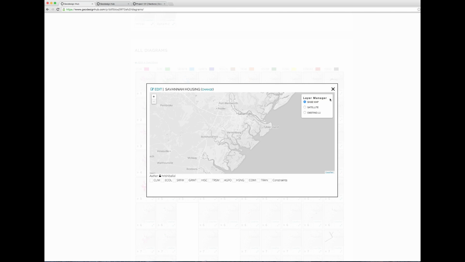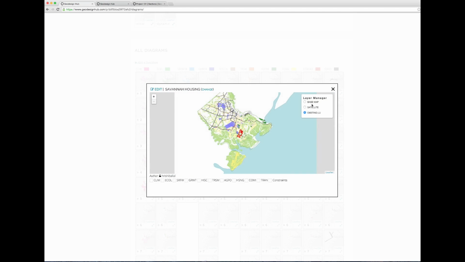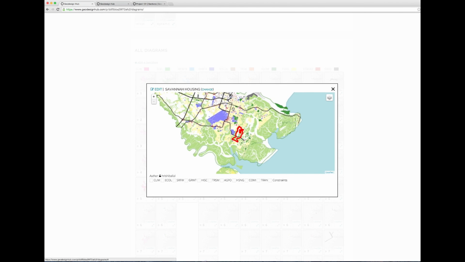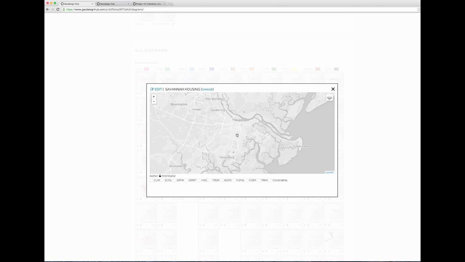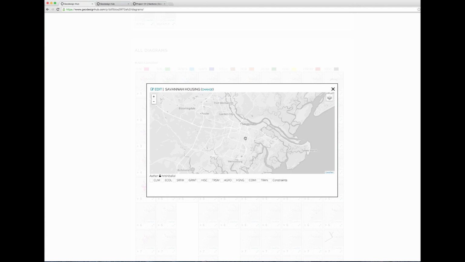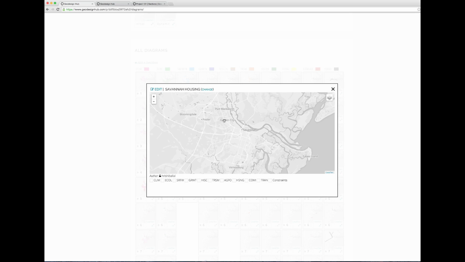diagram. You can obviously do the same, which is switch between the satellite and the existing land use. This is a much better visual of the shapefile. Now I'm switching to the base map, and I'm going to add a housing area, let's say near Garden City. So I'm going to hit edit,